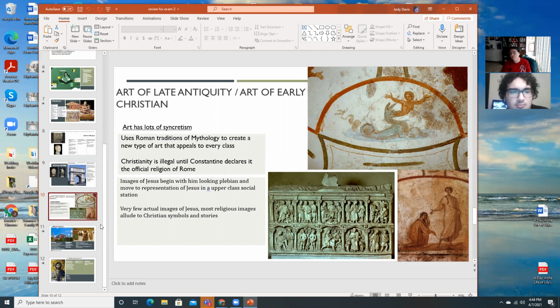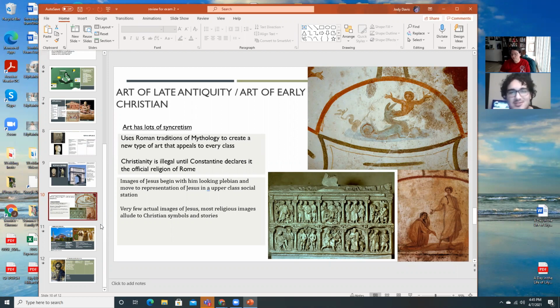They're the people that couldn't have religion before. So now all of a sudden, they're able to have that religion. And so their artwork shows a plebeian style figure. You end up with early Christian artwork always having large heads, big hands, and squatty bodies. And they represent Jesus in that manner. Okay, that was one of my questions.